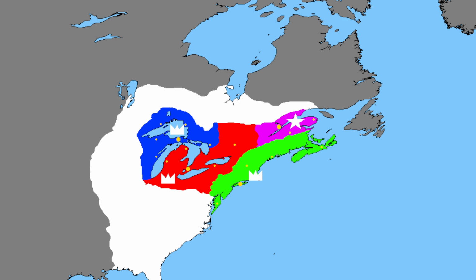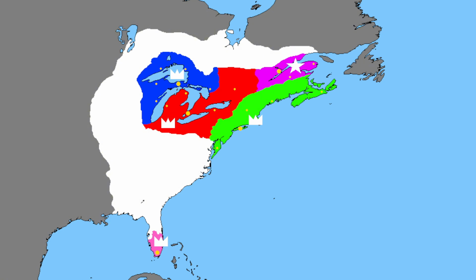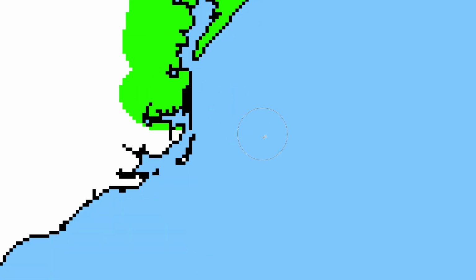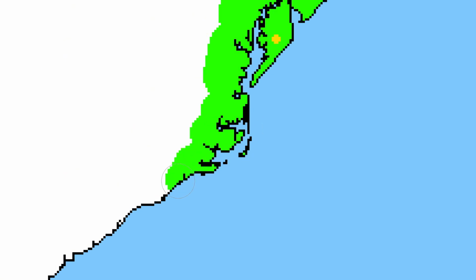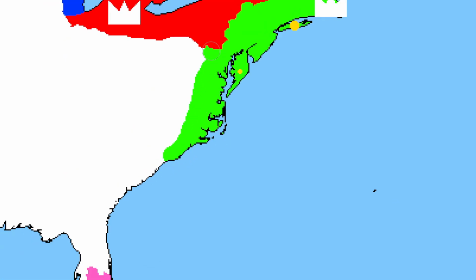But now is where things get interesting because we've got all this land, but who's going to get it? Who's going to be the first country to act? Well, by the fact I just grabbed the green country's color, it's going to be the green country. We've seen the green country snake down the coastline, blocking off the red country from even reaching the coast. We've seen them gain a pretty large amount of land.